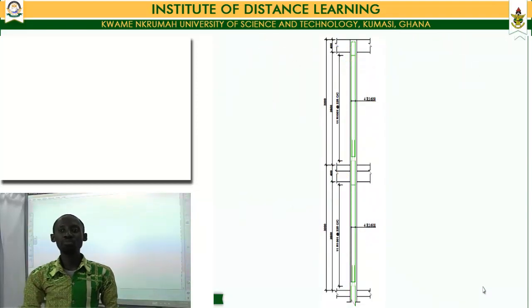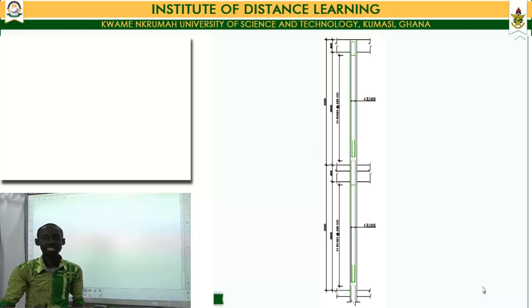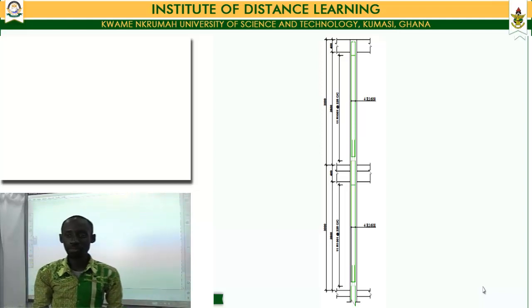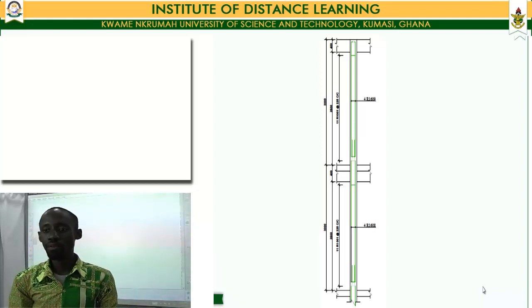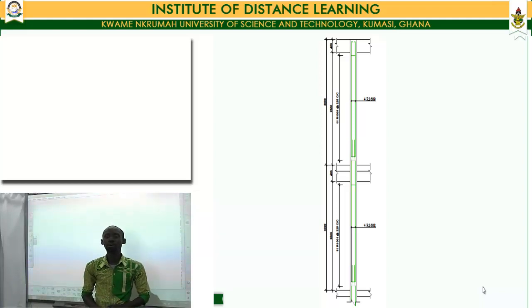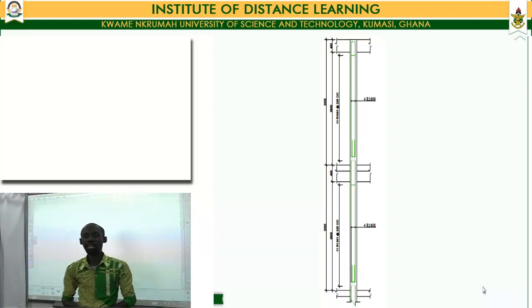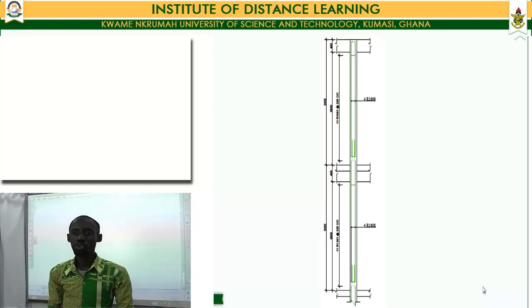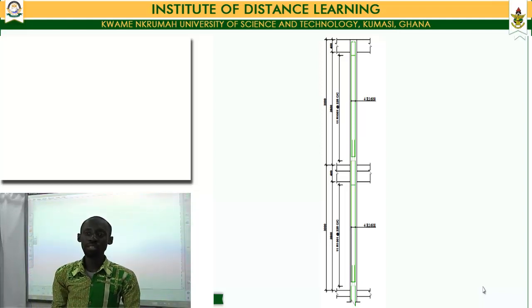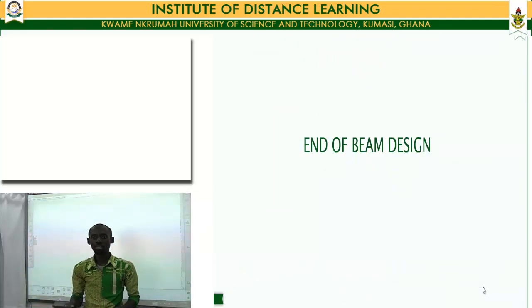In which case, we can now move ahead and sketch the section of our concrete column. And the section of our concrete column has been sketched for us with the reinforcement provided in it. Now, having come this far, we can now say that we have fully finished designing our reinforced concrete column, and our sketches and our drawings are ready to be sent to site for construction. That brings us to the end of our